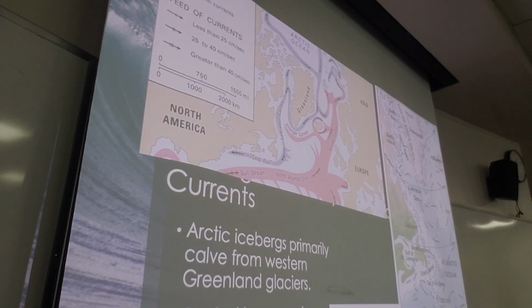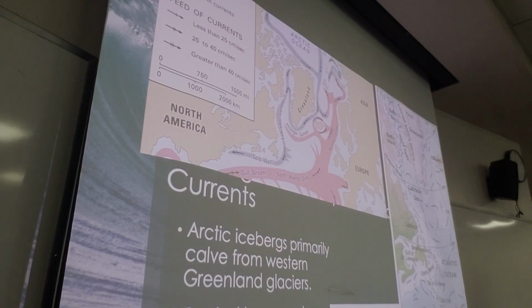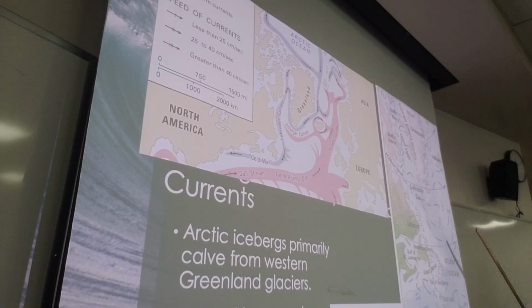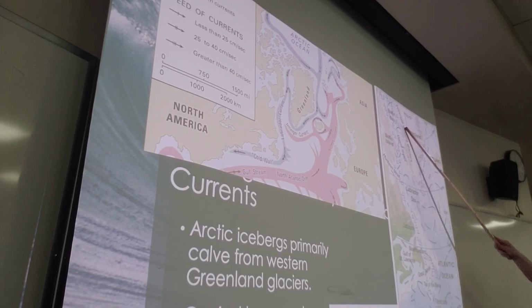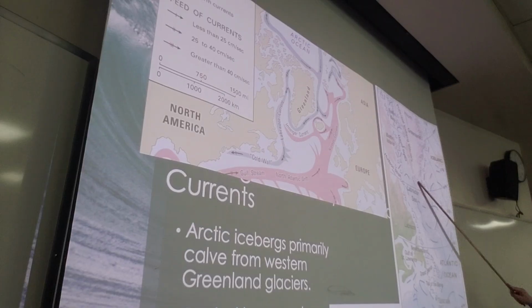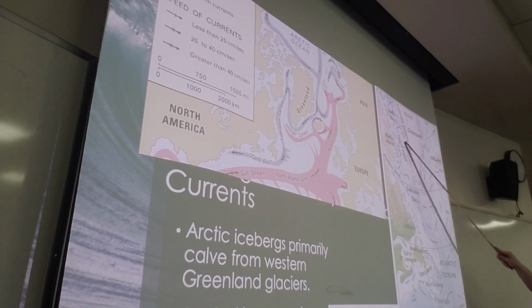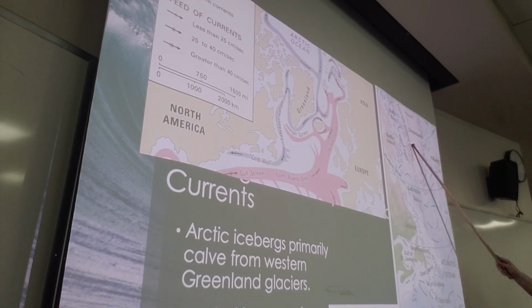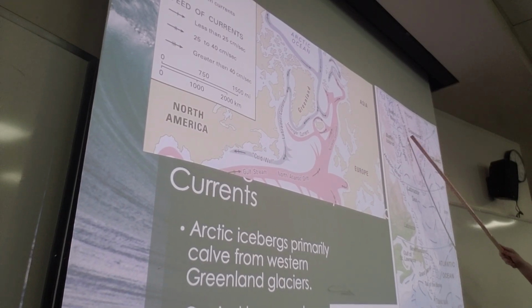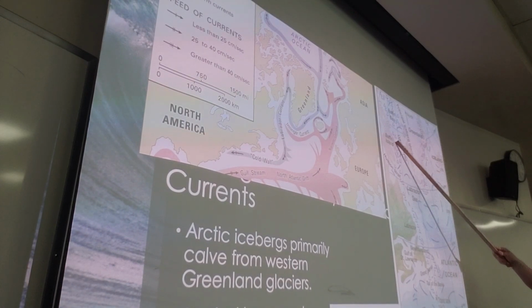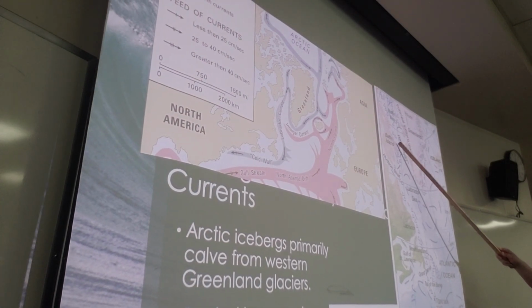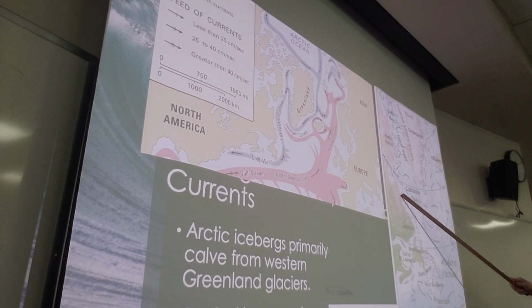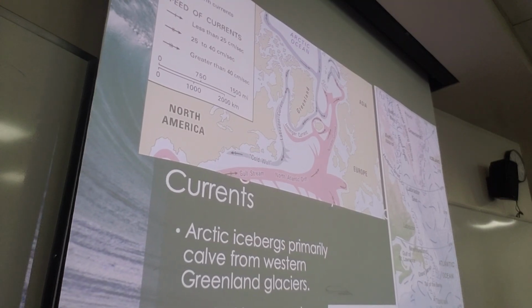But most of the icebergs that we see here in Newfoundland calve off of Greenland. Greenland has all these glaciers on it, and most of the icebergs that we see actually calve off Western Greenland. So this is the western side. There are these fjords and things where we have glaciers that are going out into the ocean, and then those calve off. Then the icebergs get caught up in the Labrador Current mostly, and that's why the Labrador Current is strongest along the coast here. So we have this band of icebergs that hugs the coastline